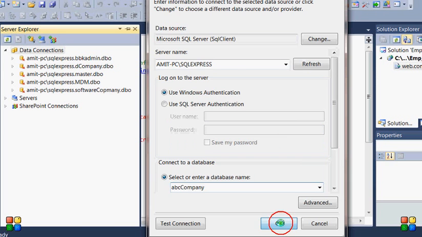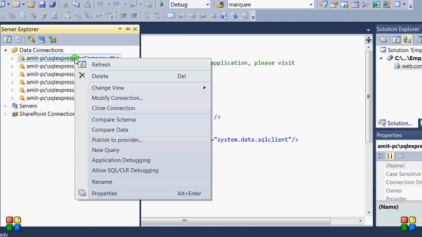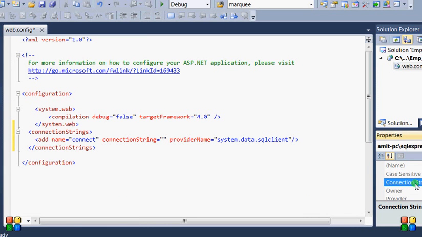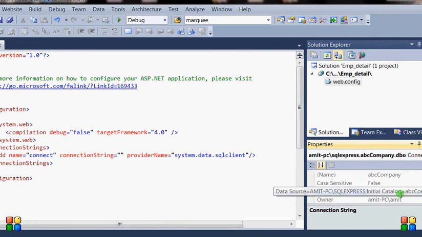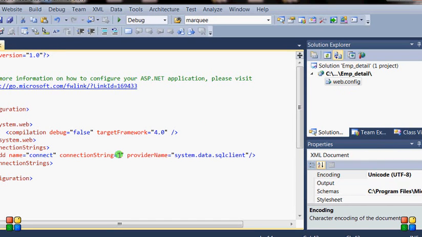So just okay, yeah. It's come into the top of the row. Just check its properties. Now there is a property, so we can take the connection string from here, copy it, and now put it into the connection string of our web